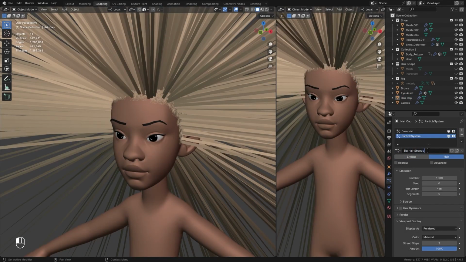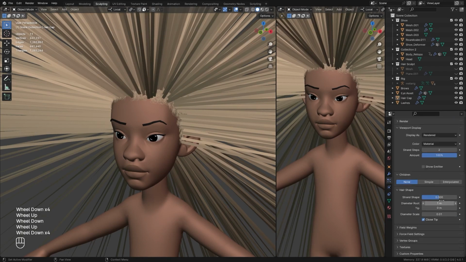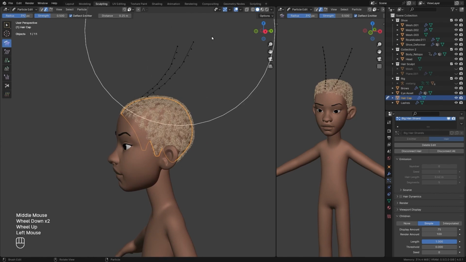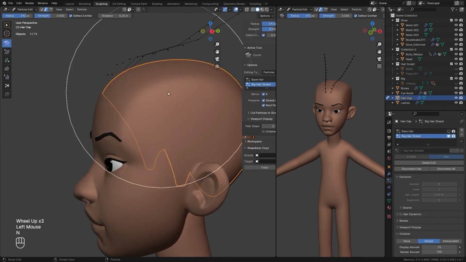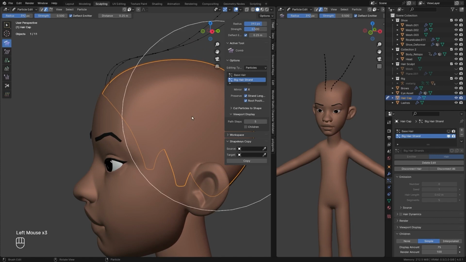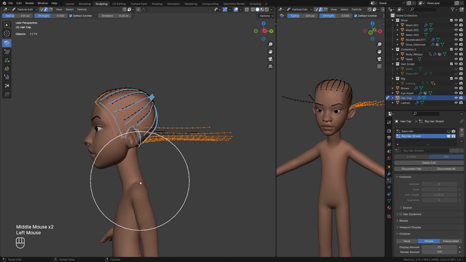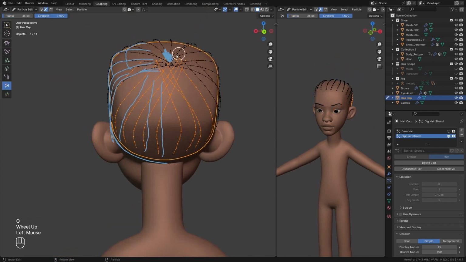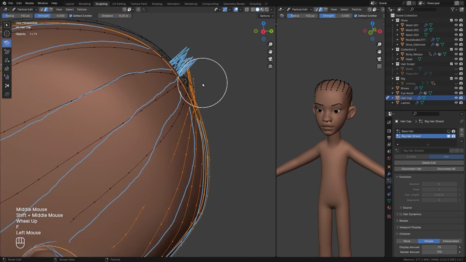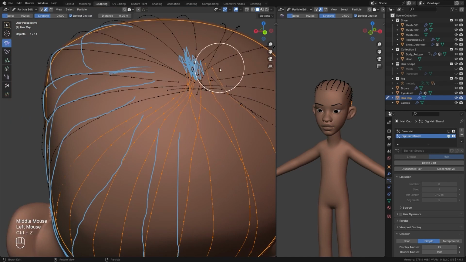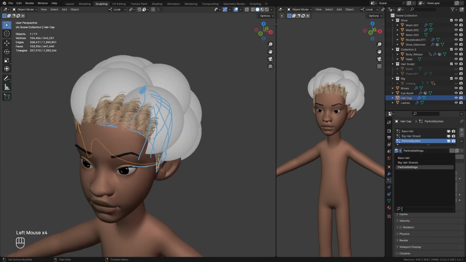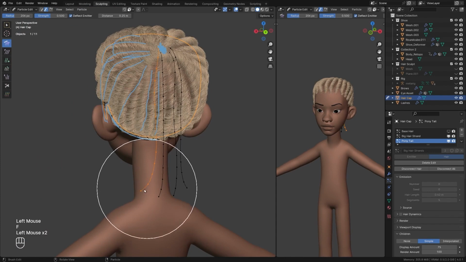And then I created another hair system for the big hair strands. I changed a few settings to get them the way I wanted, and I groomed those in place. I also duplicated that same hair system and used them for the parts of the hair that extended downwards.